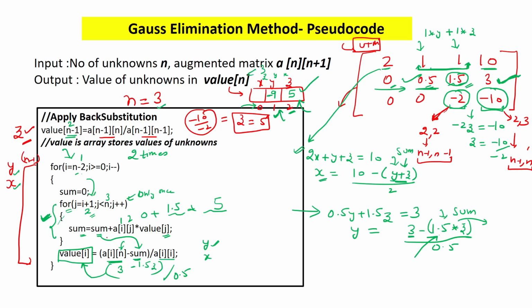Now, the same way I think you can find the value of x also. So this loop will again run, and now i will be decremented, i will be 0. So this 0 is getting used here also. So at 0 position, my answer will be saved. And before that, sum is again made 0, and this loop will again run from j equal to 1 because 0 plus 1 is 1, and this loop will run now 2 times. And here what I have to find? I have to find y plus z.